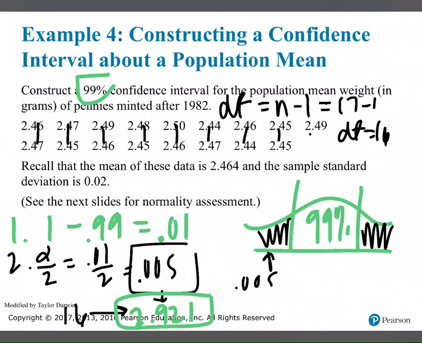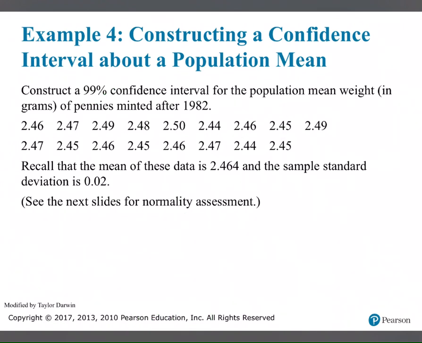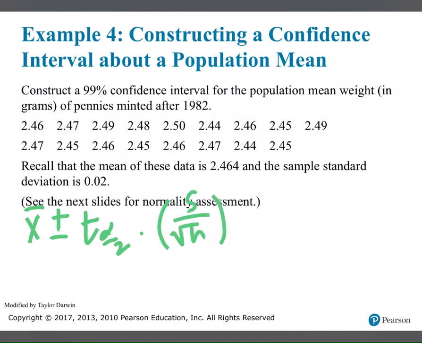So I'm going to go ahead and erase this so I can construct my confidence interval. Pause it if you need to. So 2.921. To find a confidence interval for a mean, it's x bar plus or minus t of alpha divided by 2 times s divided by root n. So my x bar was 2.464 plus or minus that t value, the number that I just found when I looked at my t chart, and I got